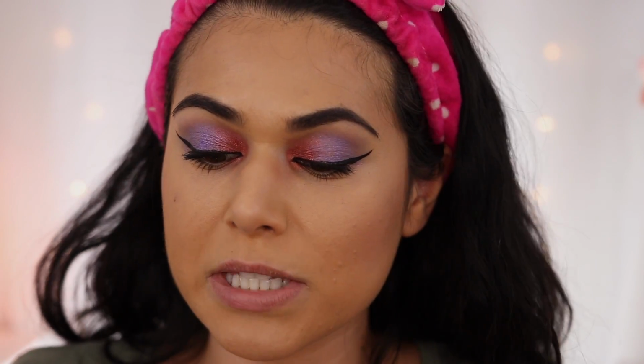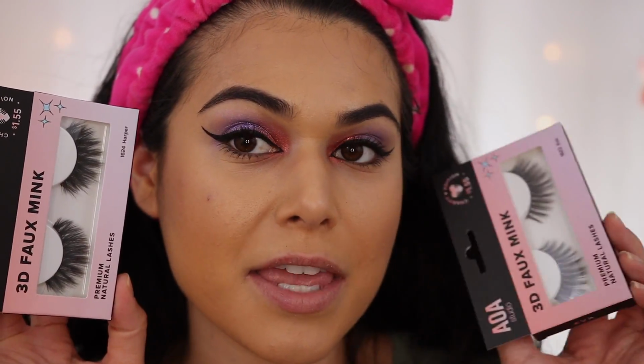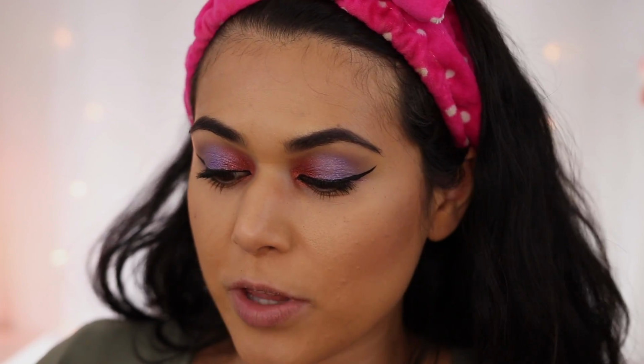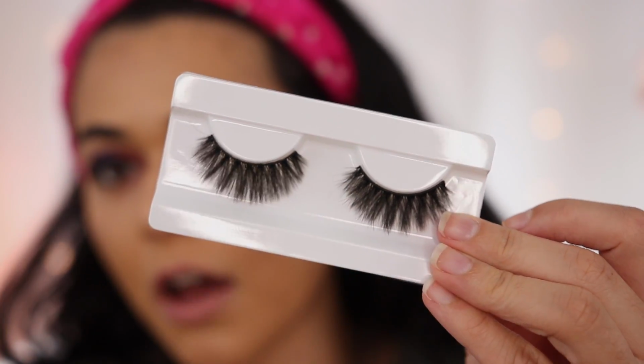So, all right, two new styles of their 3D faux mink lashes. I have the Harper and the Ava or Eva. Both very dramatic, as is the rest of this look today. I think I want to go with Harper though. So these are triple layered so that they look super full and fluttery. Look at how fluffy and soft they look. And these are